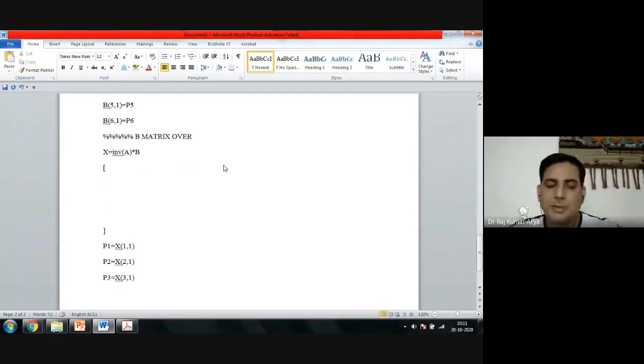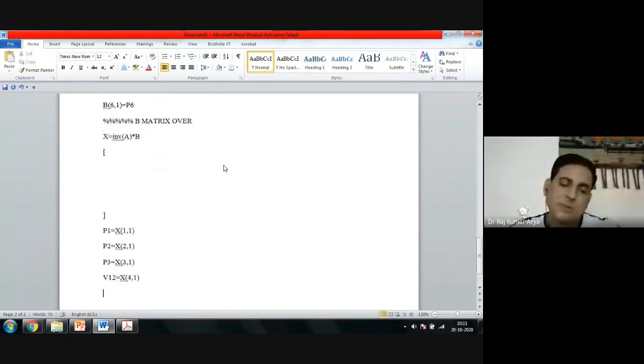Then you have V12, V23 and all this. You write all of them, and from there you could just recall them, like x(4,1). That way you got your unknowns here. You can also print their units there. There is a display command. Whatever you want to write in MATLAB, you can look up in the command window with help.